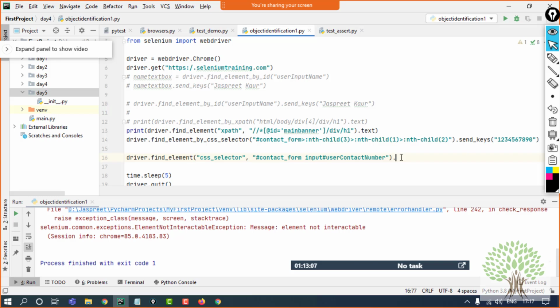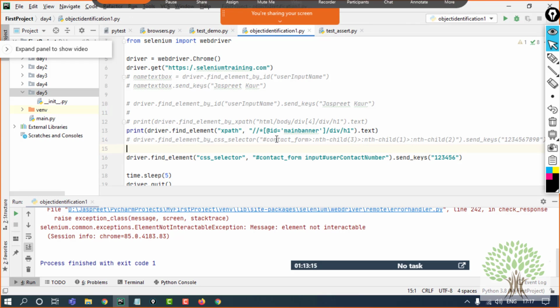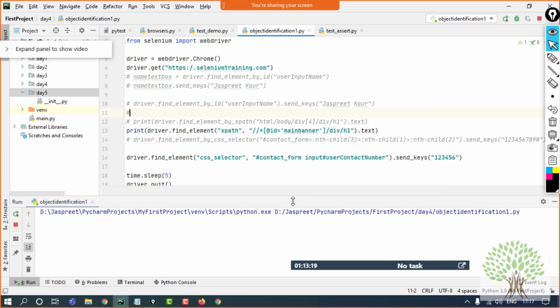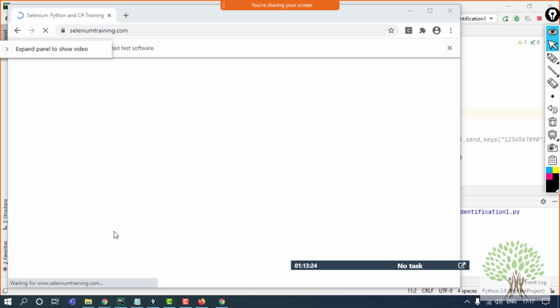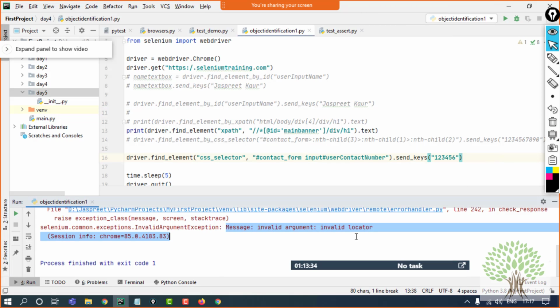And I want to send the text 1 2 3 4 5 6, let's say. Now if I use this, okay, invalid locator.